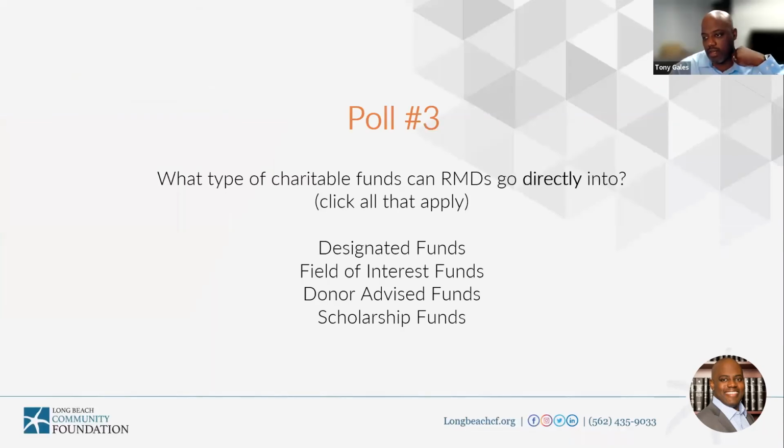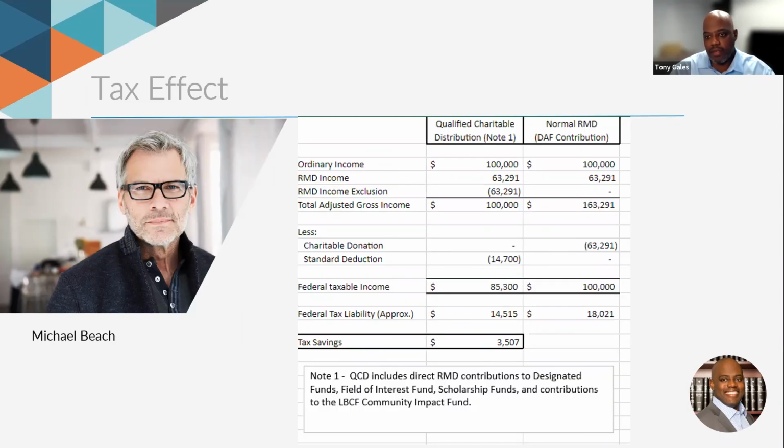One other point, Marcelle, is that the qualified charitable distribution is not an all or nothing thing. So if your RMD is 63,000 and you had usage for the funds elsewhere, you can decide to only put 23,000 into a qualified charitable distribution. I don't want anyone to walk away thinking that the complete RMD needs to go into a qualified charitable distribution. You have the option to split it between the QCD and a normal RMD, or even QCD, donor advised fund, and a normal RMD. None of the options are all or nothing.